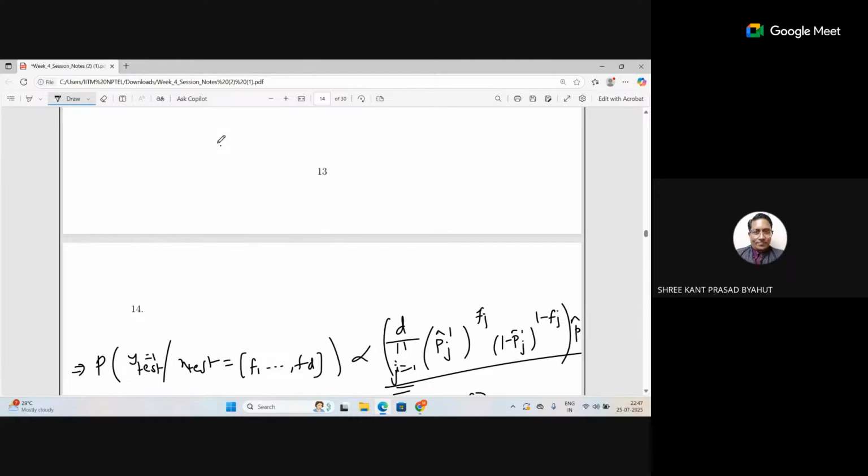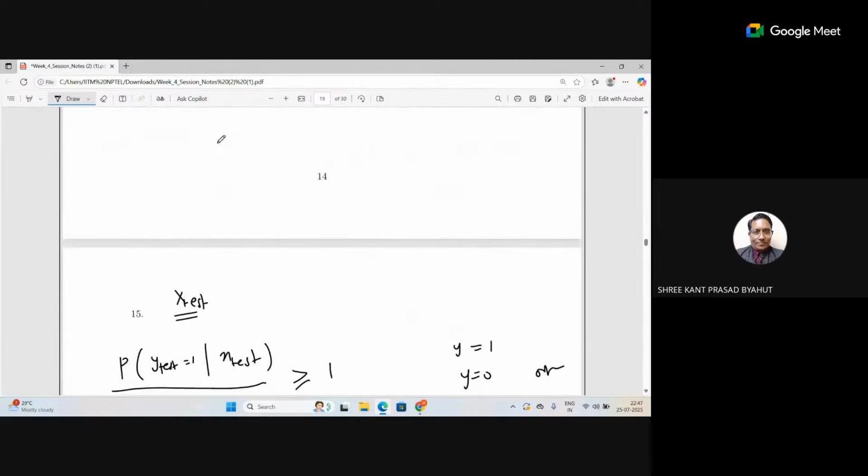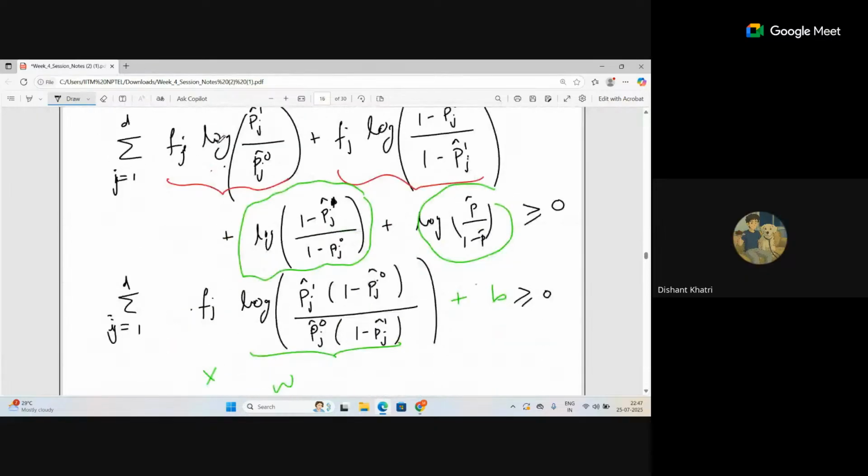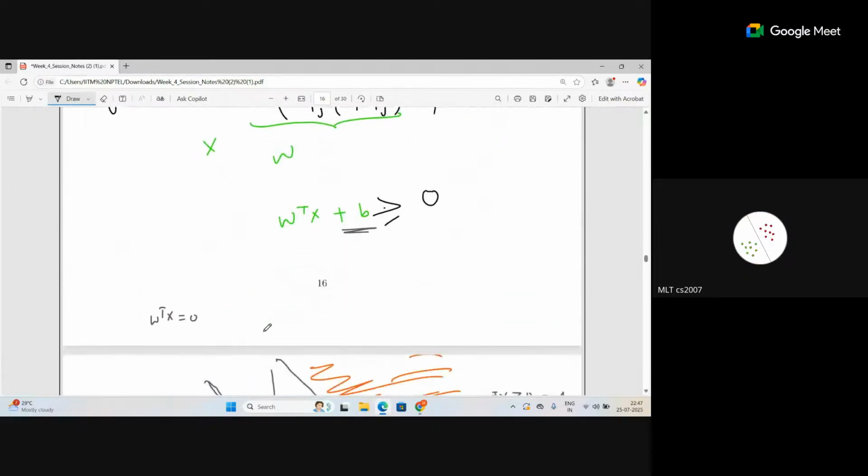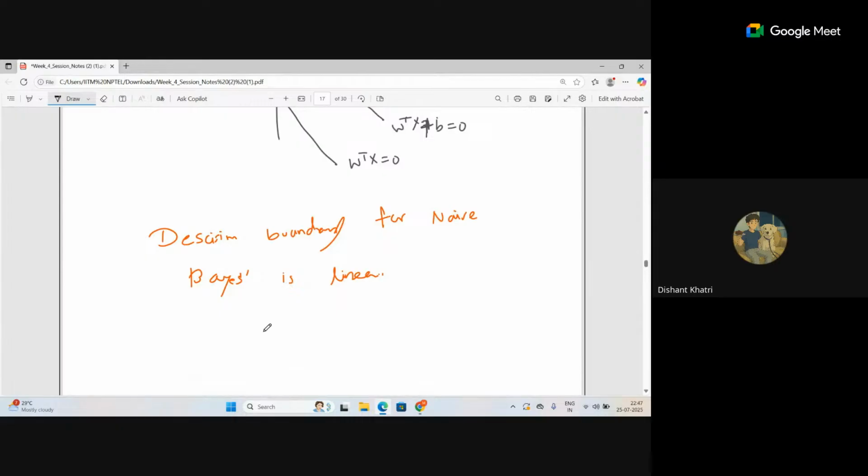And that is the naive assumption. Naive means it's a very basic kind of assumption. And that's why it is called a naive Bayes classifier. So that's why this algorithm which we are looking at is the naive Bayes algorithm. Is that okay? I hope till that part there are no issues.